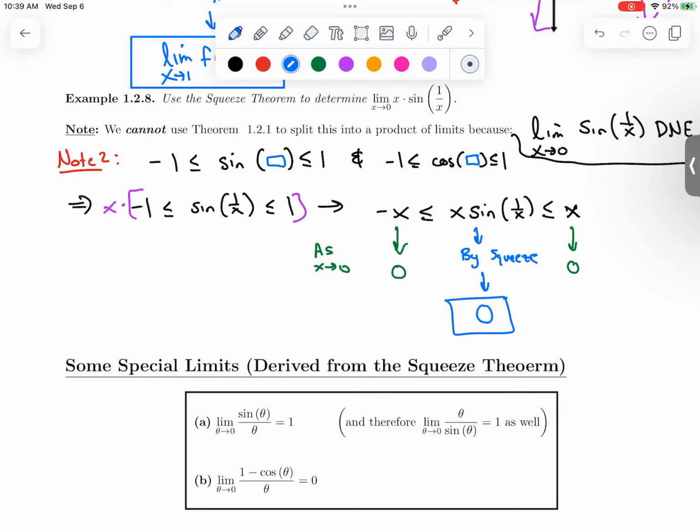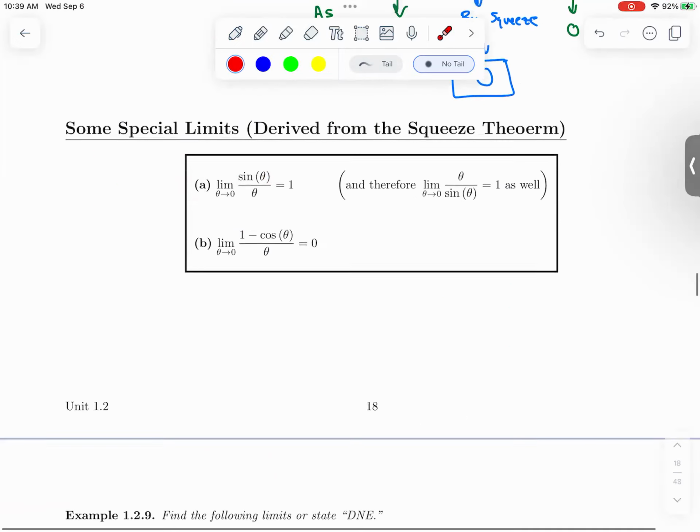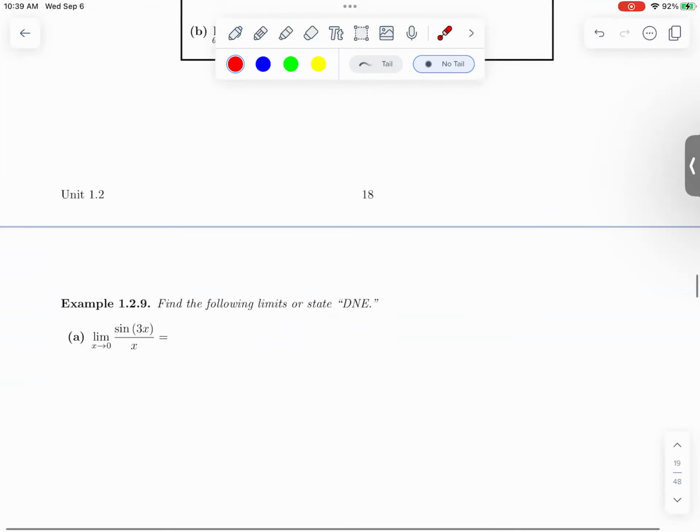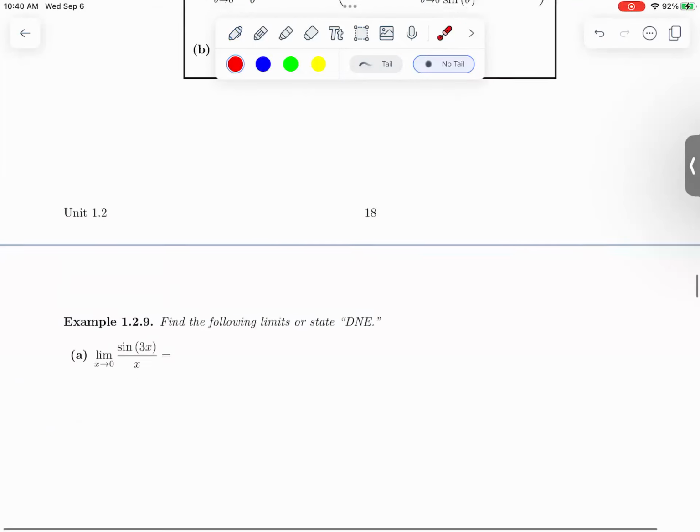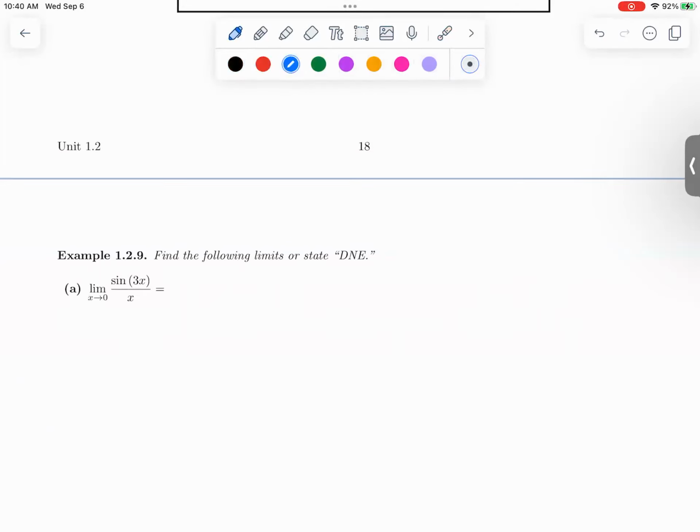You do not need to have this one memorized, but this one I would like you to have memorized. Specifically, there's an application of it later. So this one, find the limit as x approaches 0 of sine of 3x over x, or state that it does not exist. Now notice the special limit